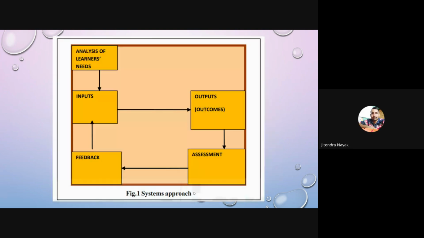Yes, ma'am. While designing the instruction, for the instructional design, we must keep in mind the learners first, the level of learner, and as well as the process. That means the process of behaviorism, constructivism, and also cognitive process. And we also think about the need of the learner. It should be in mind what the learner needs, and then we can design our